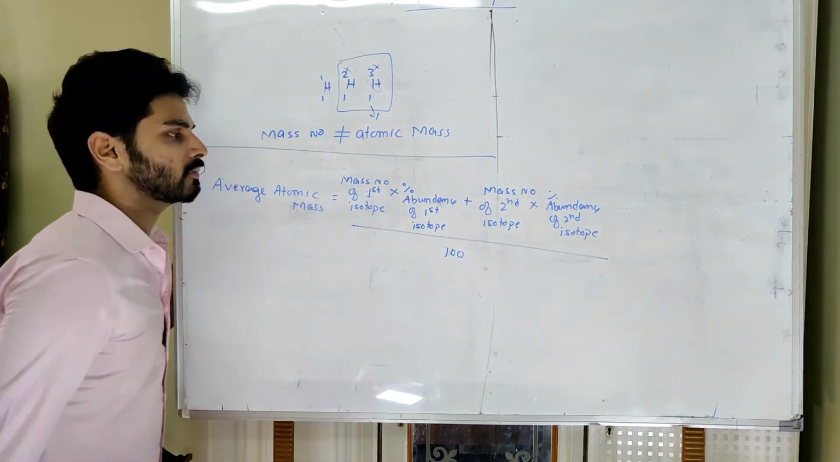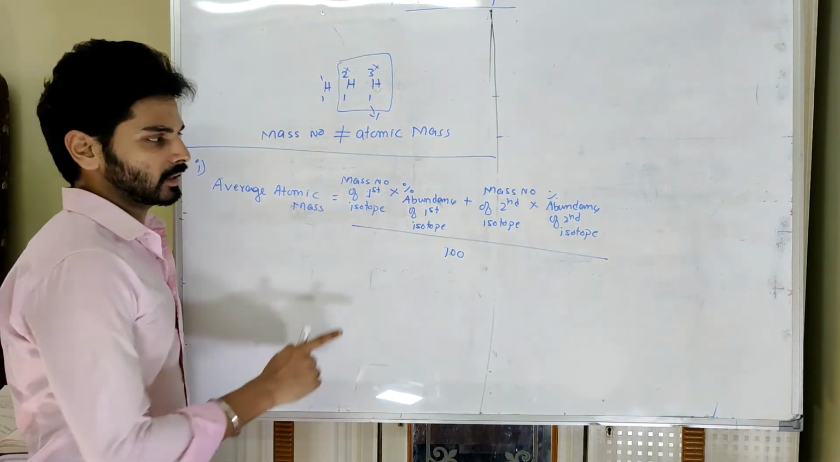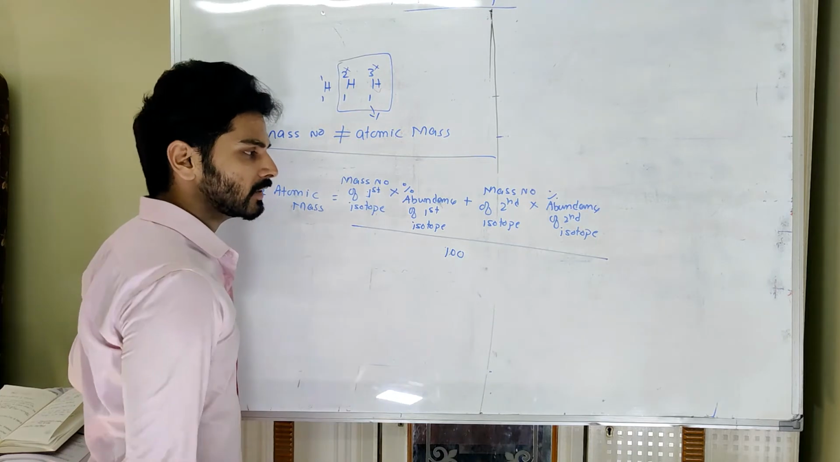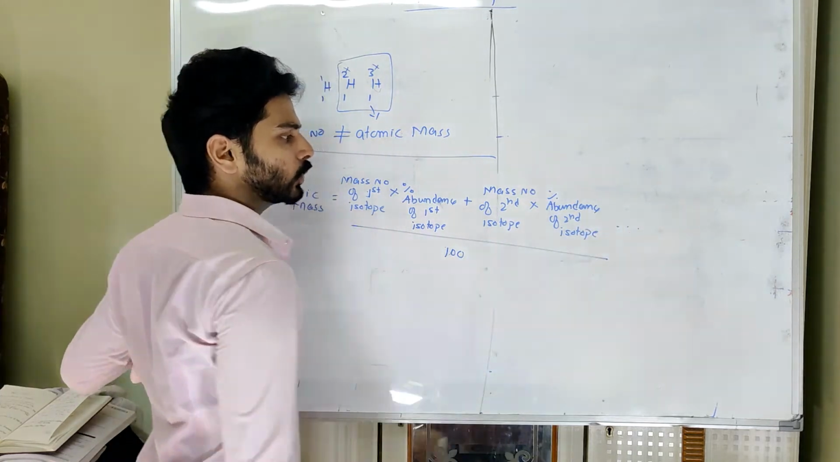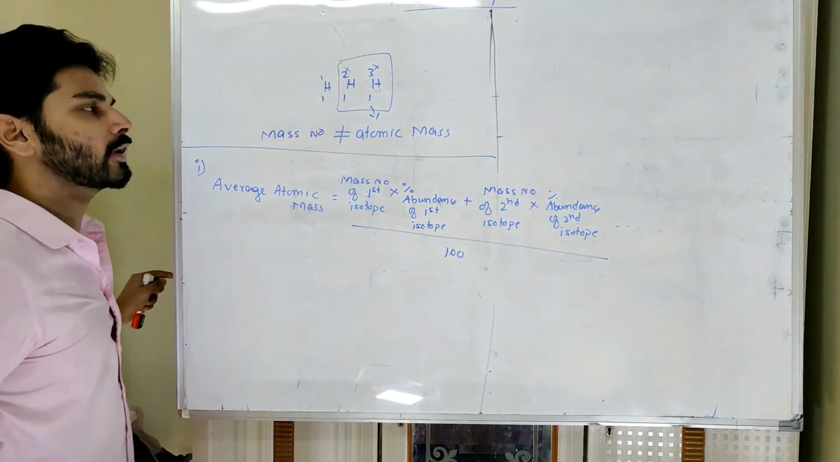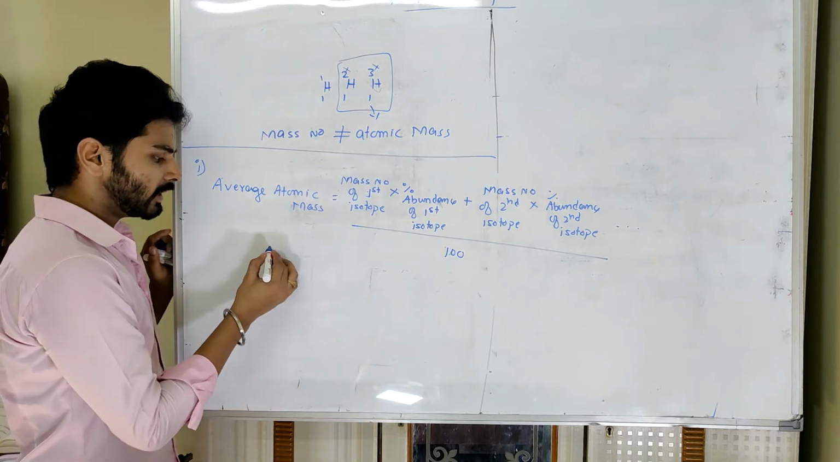because here we have taken percentage, divide with 100. If you don't take percentage, then no need to divide with 100. This can keep on going depending on how many isotopes. For example, in the case of hydrogen there are 3. So if I take one example here,